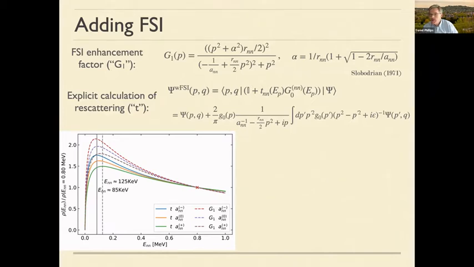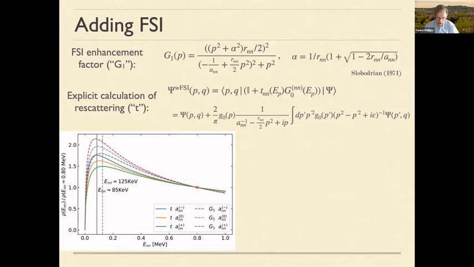To assess theoretical uncertainty in the inclusion of FSI, we took two different approaches. One is based on the so-called enhancement factor technique, which was developed in the 60s and 70s. This is an enhancement factor based on the Jost function, and the results for that are indicated by the dashed lines. The other one was based on explicit computation of the Møller operator for neutron-neutron FSI, and I've given the formula for that on the slide. The second is admittedly a three-body problem. We've only included one two-body FSI, but there are kinematical reasons why that would dominate. So we trust that second one more than the first one.